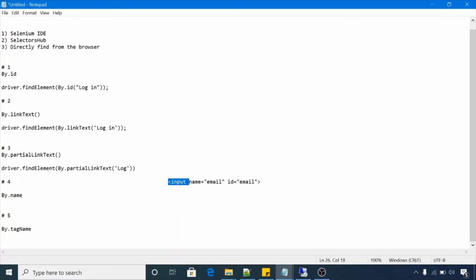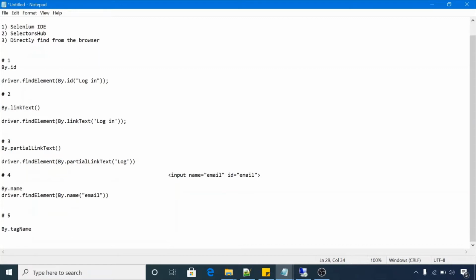Input is the tag name, and in By.name, this name attribute is used. If you have to find this element on the DOM, you pass it like this: driver.findElement(By.name), and in this you have to pass email here, not input.